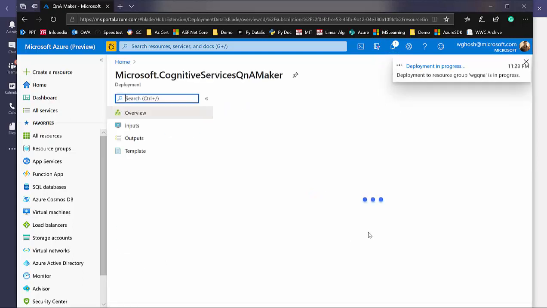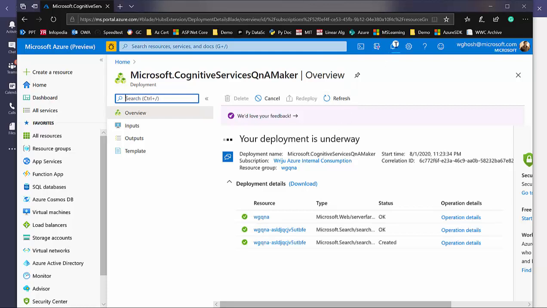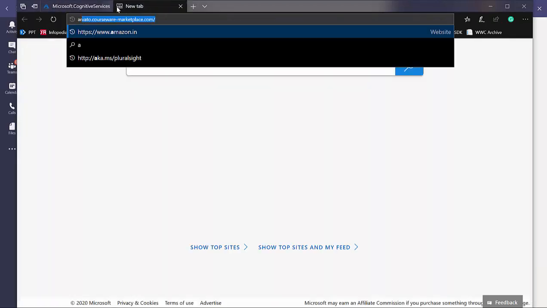Now it kick-started the Q&A maker deployment process, and this is where you will be able to see live what is happening. Just in case you switch to another view, you can always come back by clicking here and then see the status. Now it looks like all created, but it's yet to show me in the status. While it is doing that, I'm going to just go to